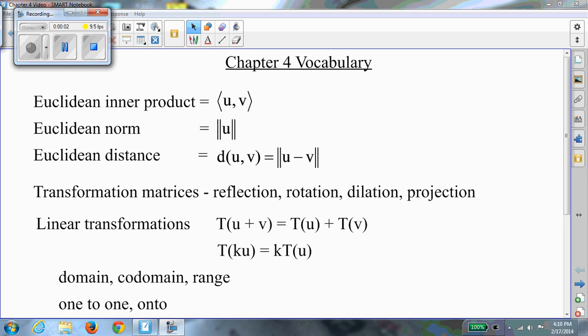Chapter 4. In Chapter 4, we start to think of matrices as a set of vectors, and depending on the arrangement of the vectors, we can do different things with them. We start looking at our dot product and calling it an inner product, but our dot product property still holds. So, for example, our Euclidean inner product of u comma v is still equal to